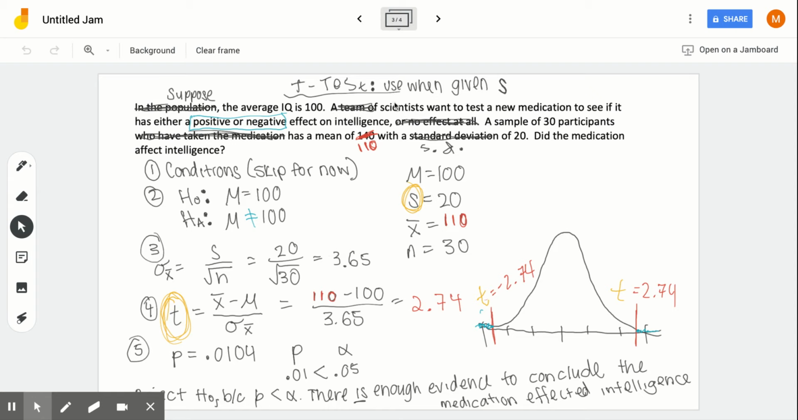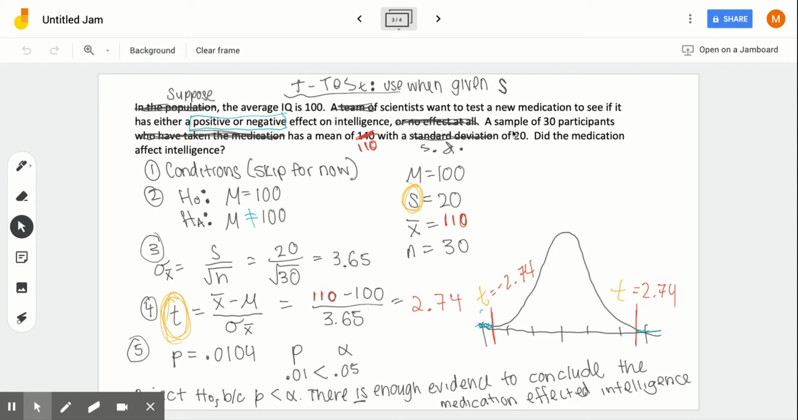And then according to this problem, they want to test a new medication to see if it has a positive or a negative effect on intelligence. So because it says positive or negative, we're going to use a not equal to symbol for our HA. So basically all I've done here is I was given S